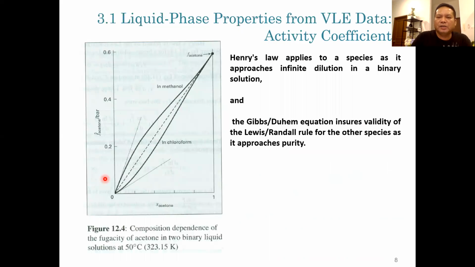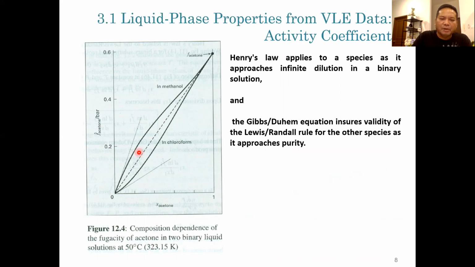Okay, so Henry's law. This is what I told you earlier: Henry's law applies to a species as it approaches infinite dilution. You can see it here in a binary solution. For methanol, it is a positive deviation,